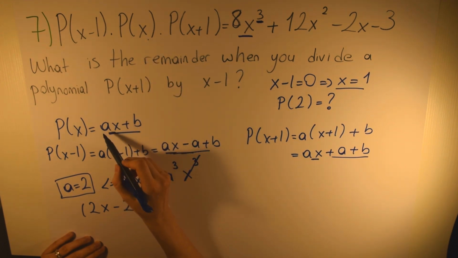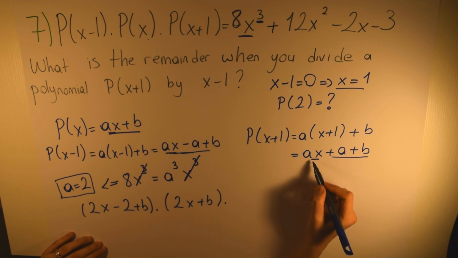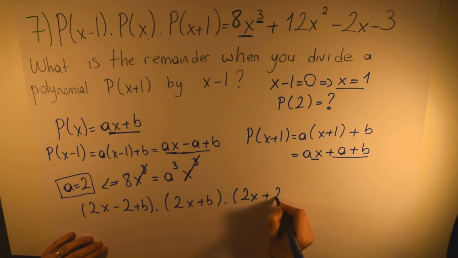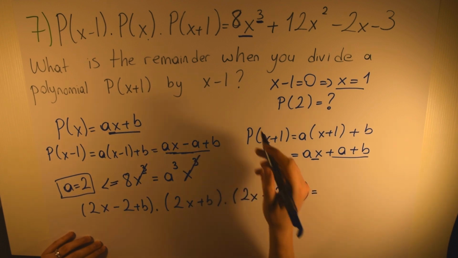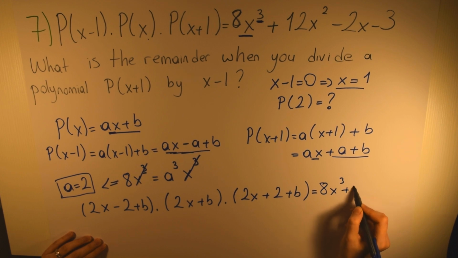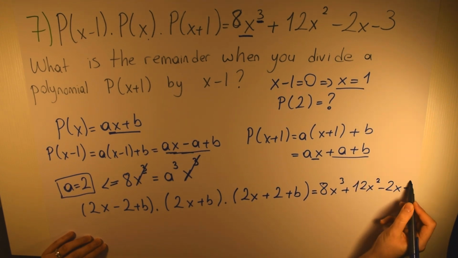I put 2 instead of a, so we have here 2x plus b times, here again I put 2 instead of a, I will get 2x plus 2 plus b, okay. This all is equal to this one, 8x to the power of 3 plus 12x squared minus 2x minus 3,